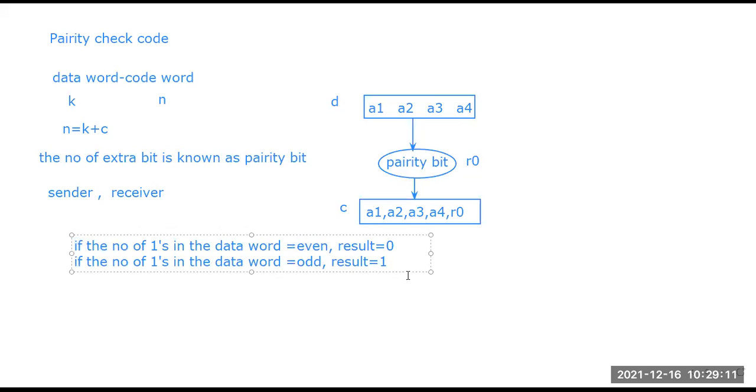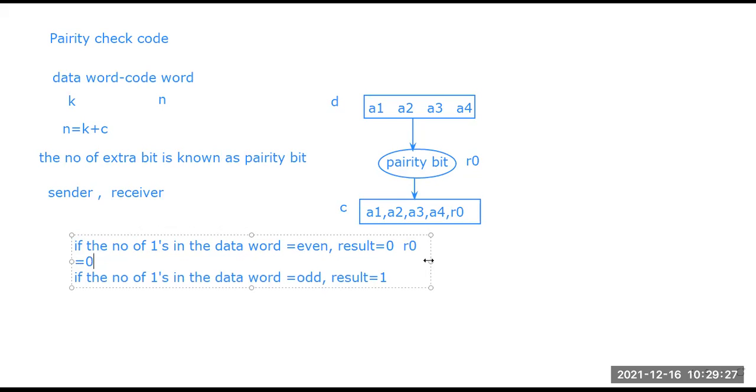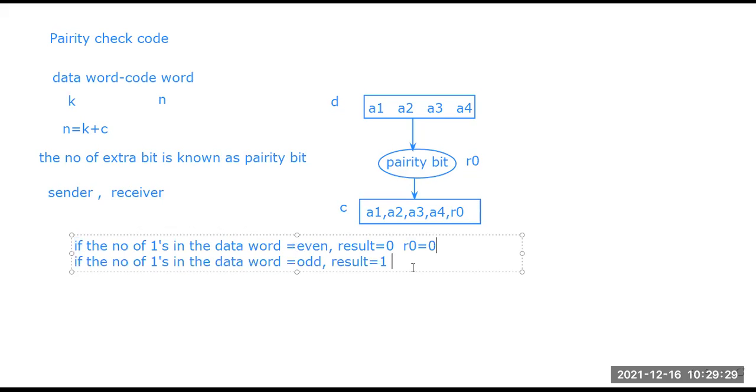Maybe some of you have confusion about what this result is. This result is the parity bit result, meaning the value of R0. If the number of ones in the data word is even, that extra bit R0 will be added as 0. And if it is odd, then the value of R0 will be added as 1.